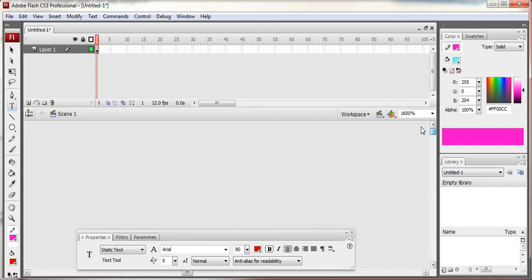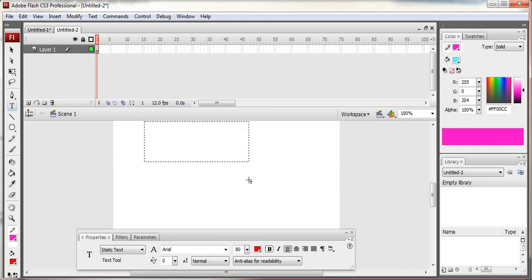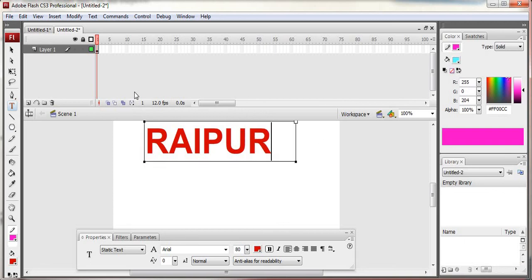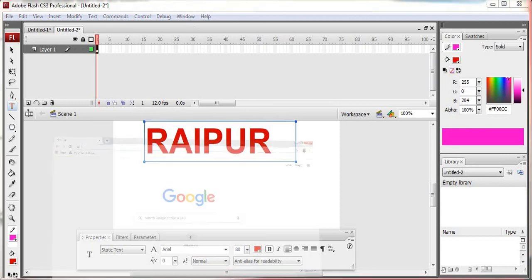So let's take the type tool, select here and I can type some kind of text, right? Like if I want to write Raipur, like this I can type on my stage. So understood what is the use of this text tool?